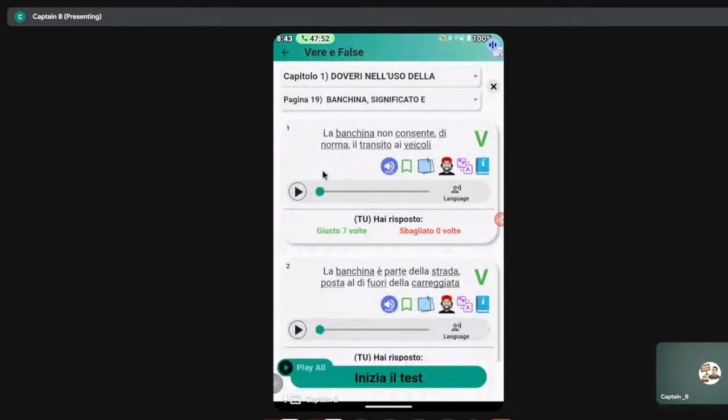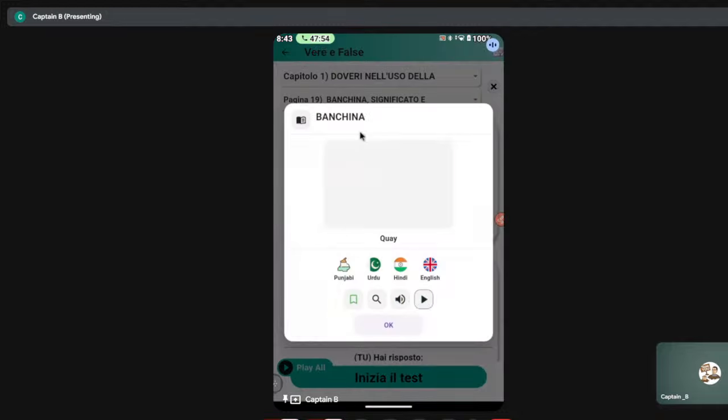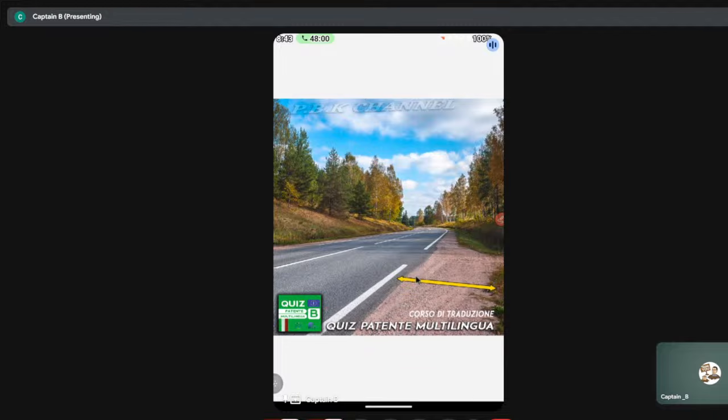Now, the function and the signification of banchina. Now, this is banchina. Look at it here. This place now is banchina. Now, this banchina is very fine. So the one they will tell us about, if you park there, they tell us. Right, this one is the banchina, the very edge of the carriageway. So banchina is not part of the carreggiata. This is the carreggiata, the carriageway. Banchina is now part of the strada, part of the road.